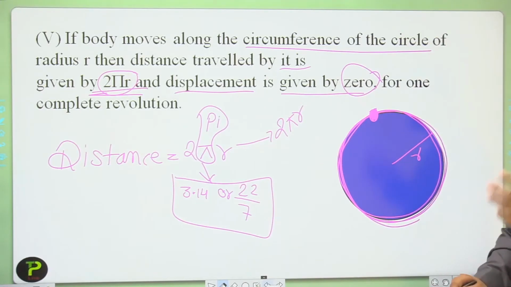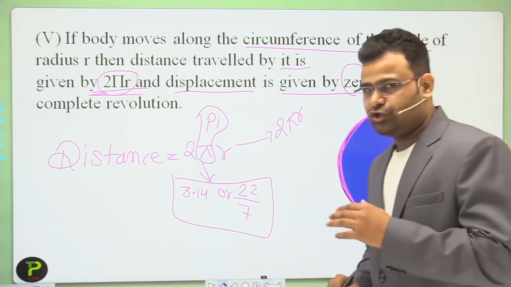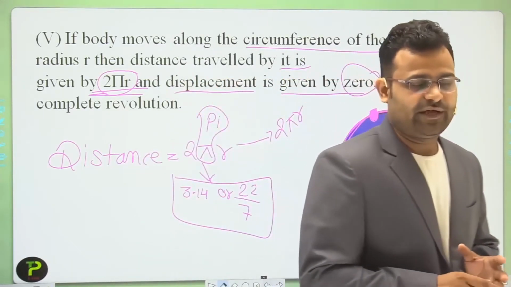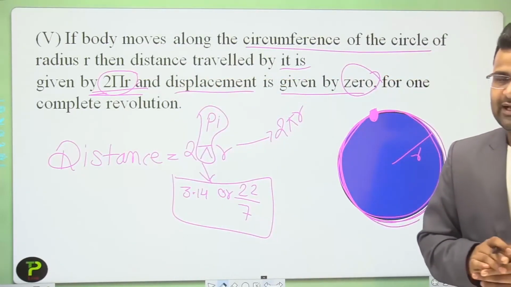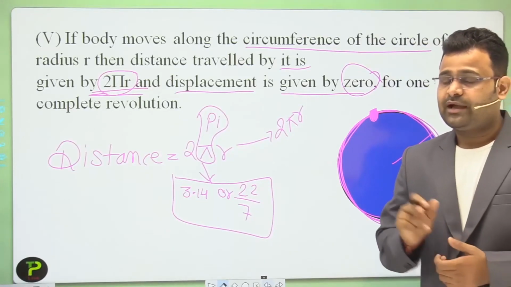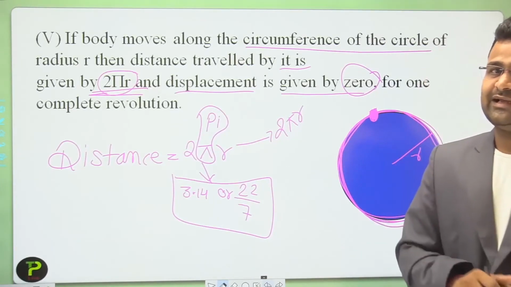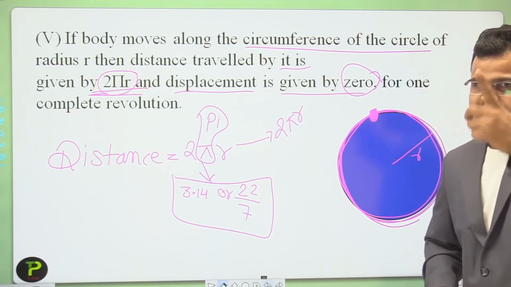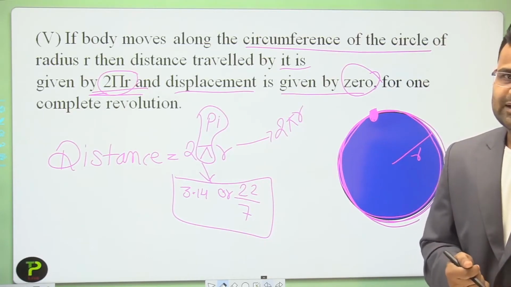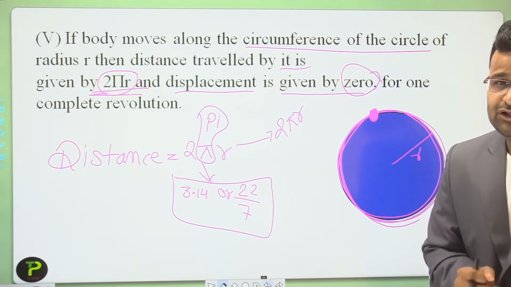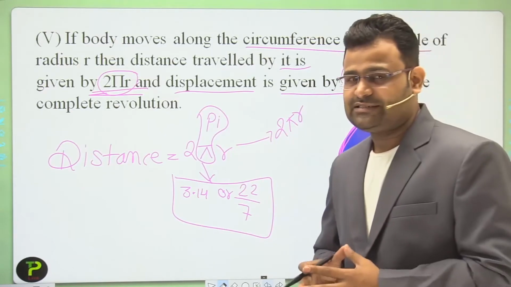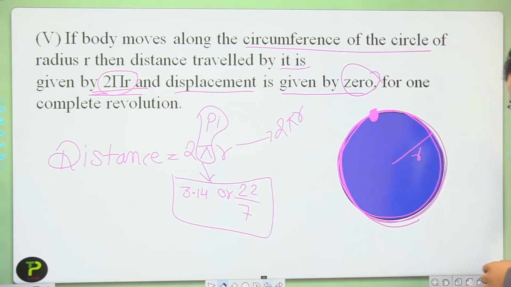Okay students, please write on your topmost point and underline that point. If the circumference of the circle is 2 pi r, that is a distance, and for one circumference, one cycle, that is a 0 displacement. One circumference of the circle is a 0 displacement, having a distance of 2 pi r.